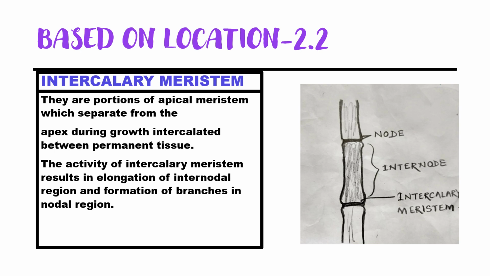We'll see how it develops. If we take the apical meristem, what happens? There are so many meristematic tissues here in the apical position. These meristematic tissues divide, and some of them convert into permanent tissue. But some of the meristematic tissues do not